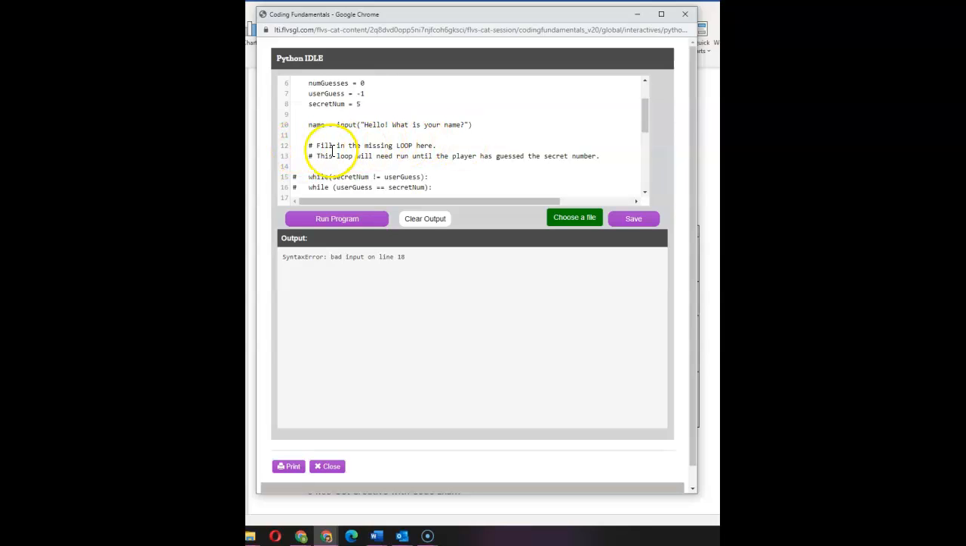And then this is where they tell you what you need to do. The comment says fill in the missing loop here. This loop will need to run until the player has guessed the secret number. Now, figuring out how to write that loop can be kind of tricky. For example, if I say while the user guess equals the secret number, which kind of makes sense,